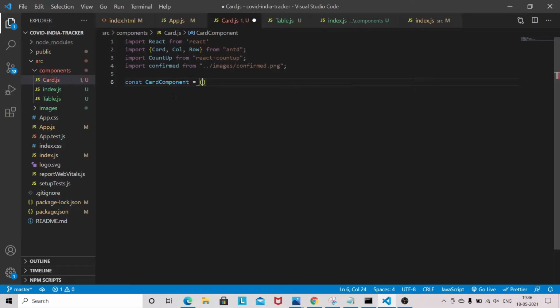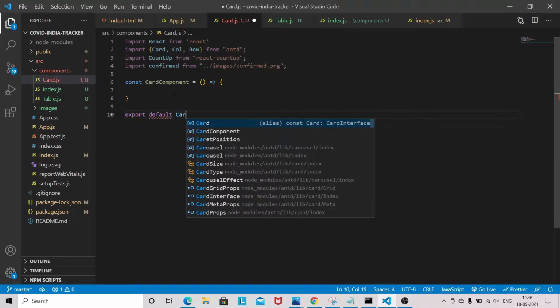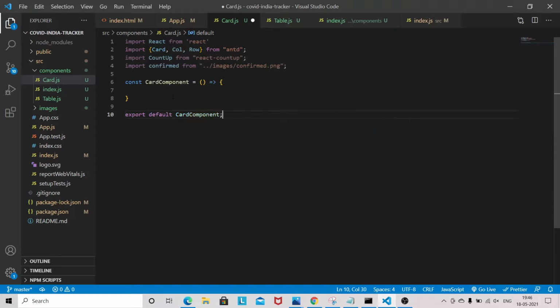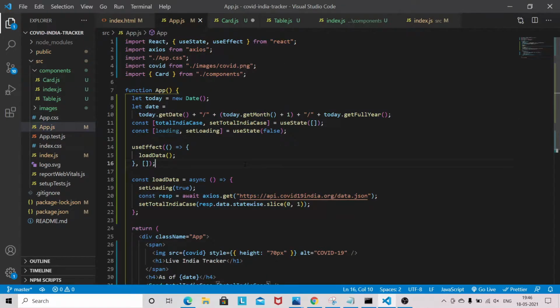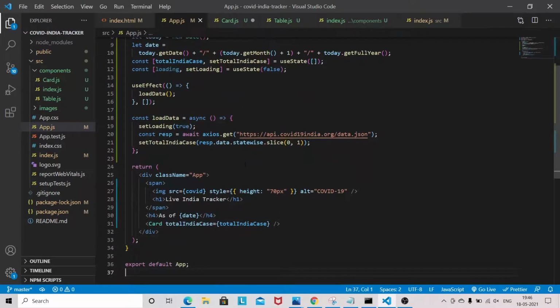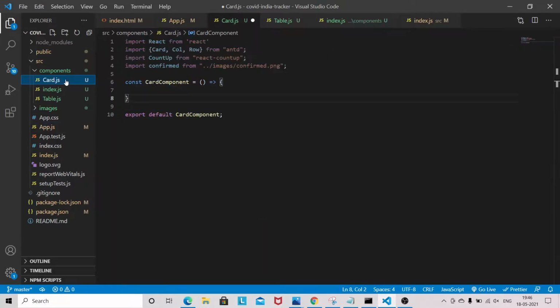component, export default card component. Since from app.js we are passing these props, okay, so we will be destructuring the props here itself.